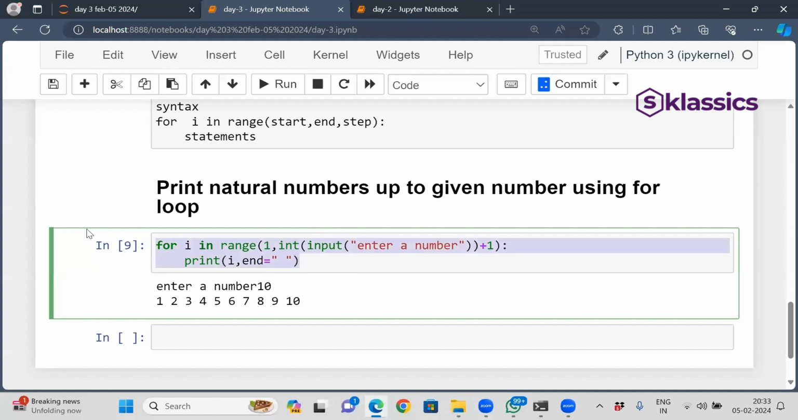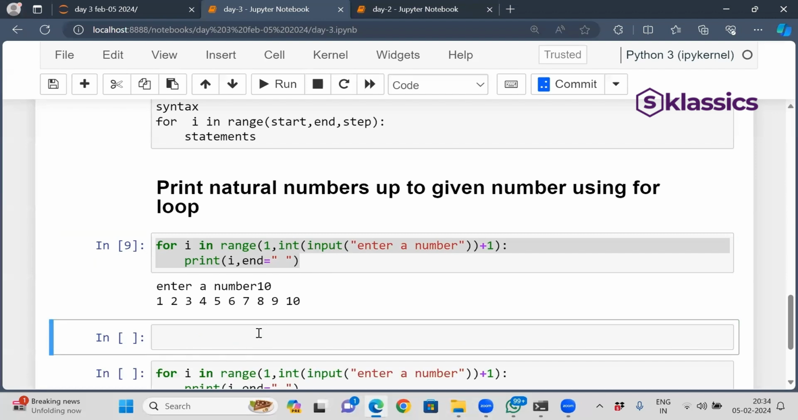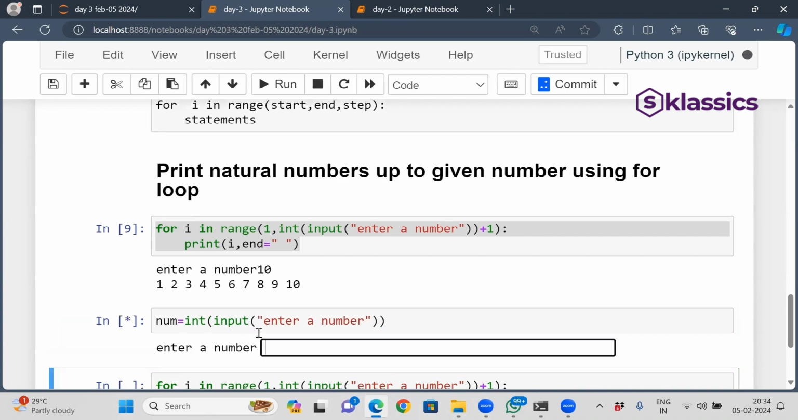Yeah, you can do one more thing also. You can take an input initially, like num is equal to print of input, and in this you can take "enter a number". Okay. After taking the number,